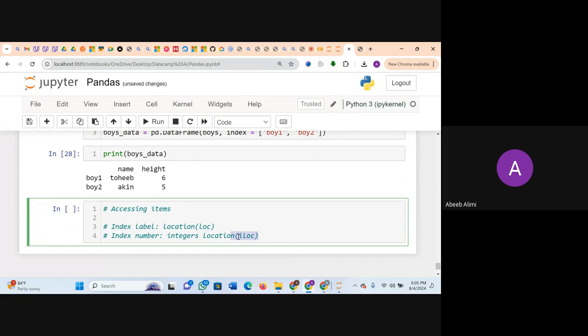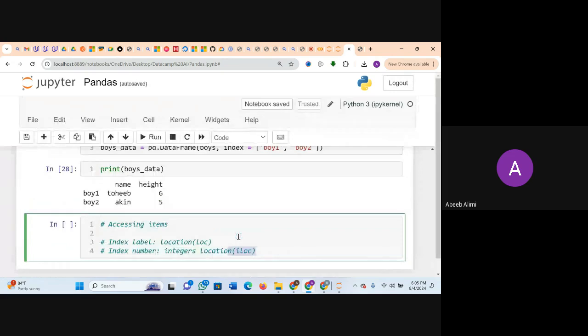ILOC means we are using the default index, starting from 0, 1, 2, 3, 4, 5, 6, 7. The next question is how do we use either LOC or ILOC? That's the next thing we are going to take a look at.